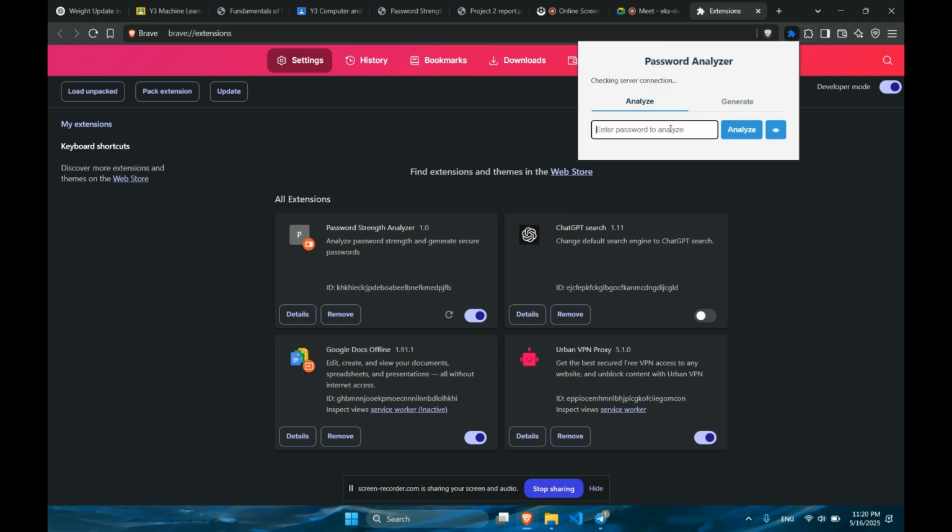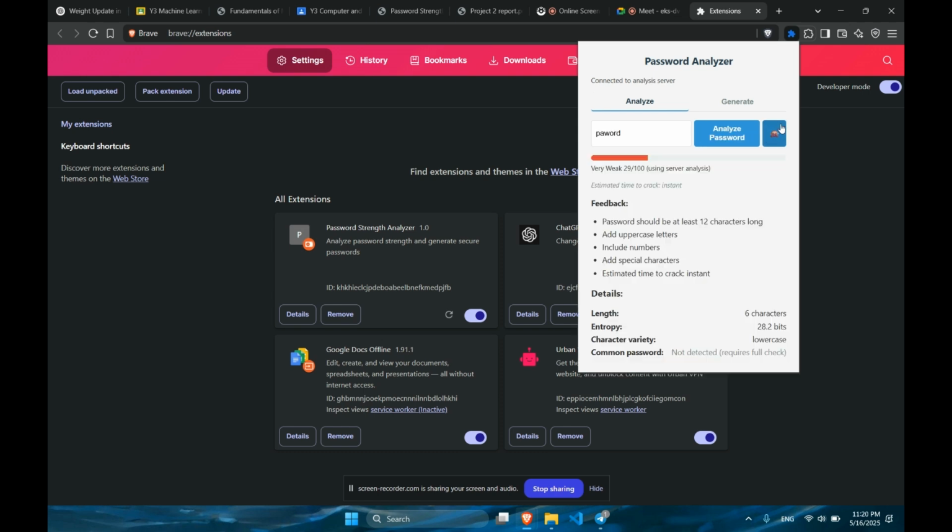Now in the analysis part, all you need to do is enter your password and then click analyze. You can also show the password, for example. Here it will give you a score from 0 to 100 depending on the strength, and give you an estimated time of cracking that we estimate in our code. There is also some feedback and advice that you should take into account to create a stronger password if there are problems,